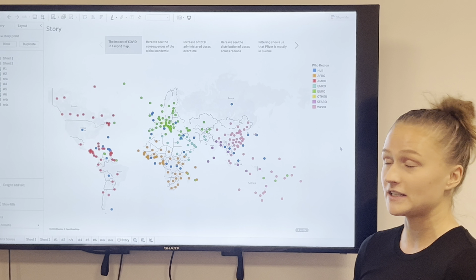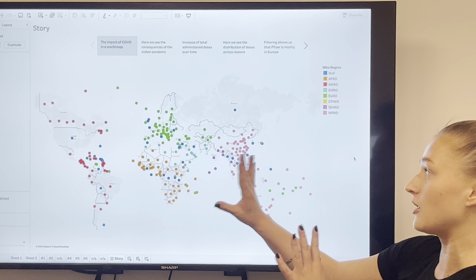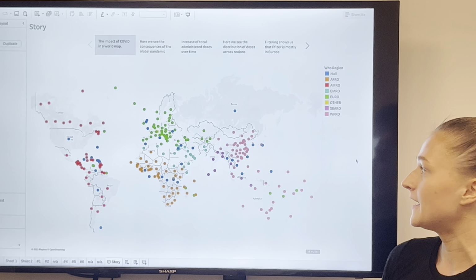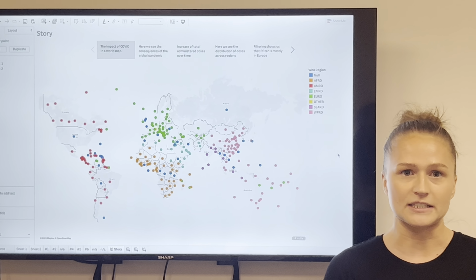We see in this chart the total vaccinations of the confirmed cases. So in Europe, we see a lot of individual countries. That's why we have a lot more dots. One thing we need to mention about the data used in this visualization is that it might be flawed. The actual total confirmed cases might differ quite a lot compared to the actual cases of COVID-19. Also, there were a lot of null values in the data.